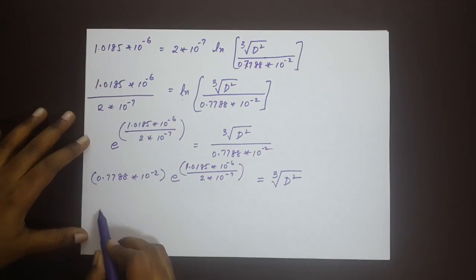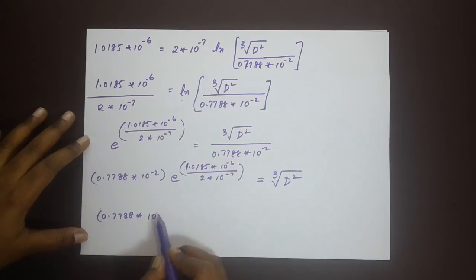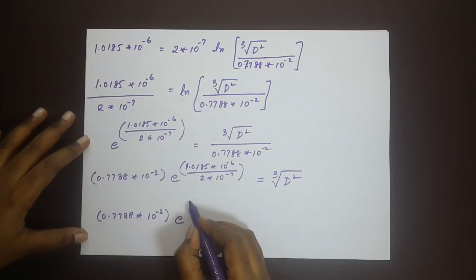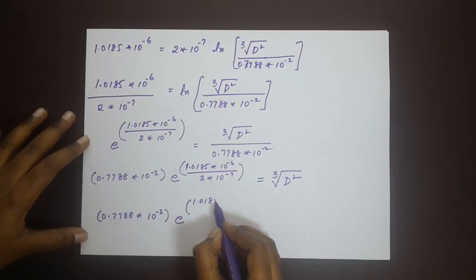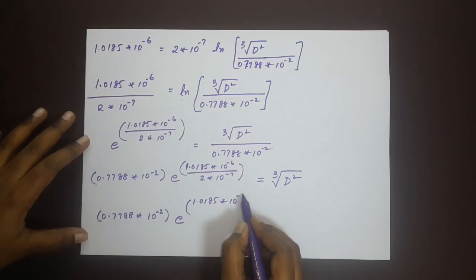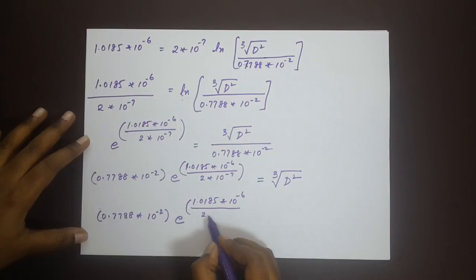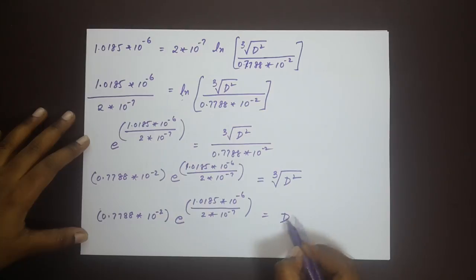I'll just write this down here very clearly. 0.7788 into 10 to the power minus 2. Make sure that you solve each of these terms first. e power 1.0185 into 10 power minus 6 divided by 2 into 10 power minus 7 is equal to d to the